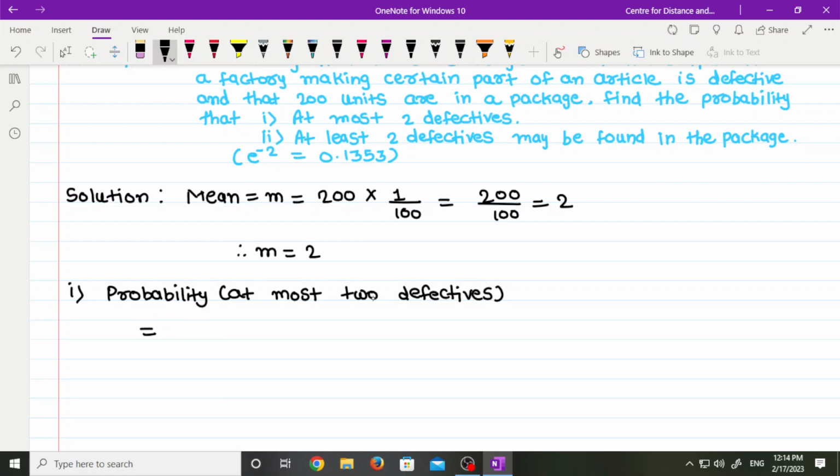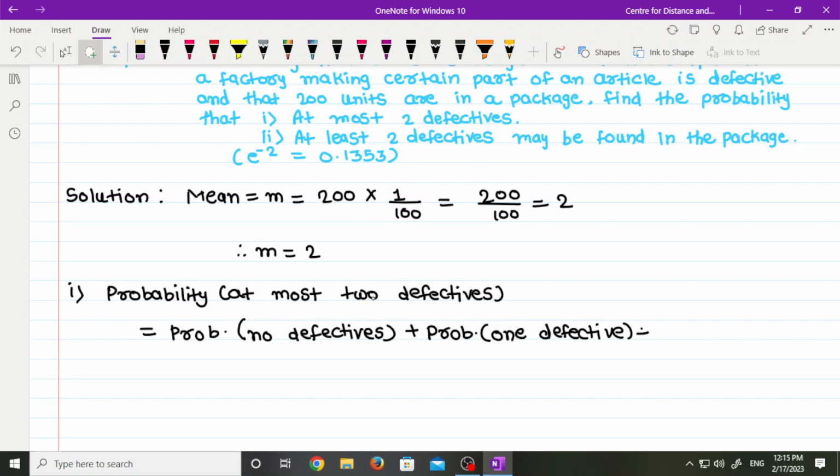So, here we have to find out probability for the values x is equal to 0, x is equal to 1 and x is equal to 2, that is probability for x is equal to 0, that is there are no defectives, plus probability of one defective, that is for x is equal to 1, plus probability of 2 defectives, that is for x is equal to